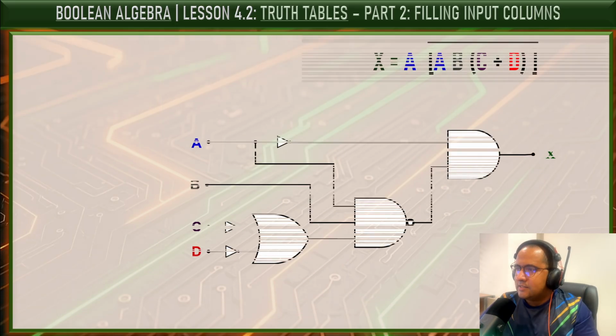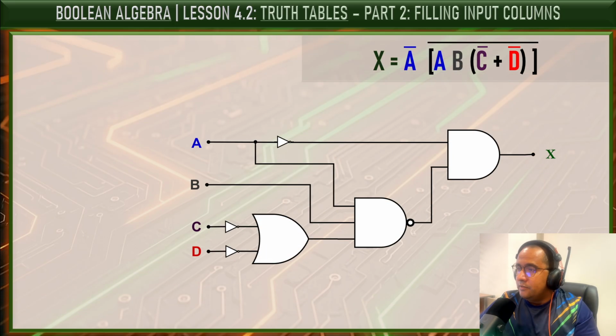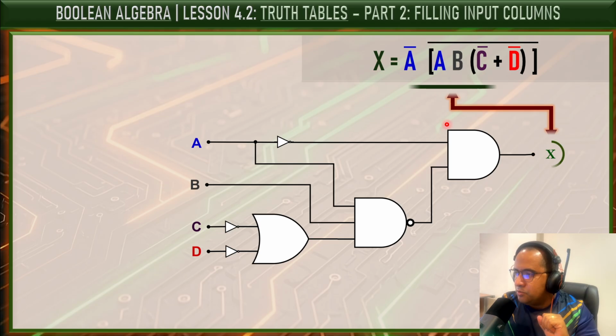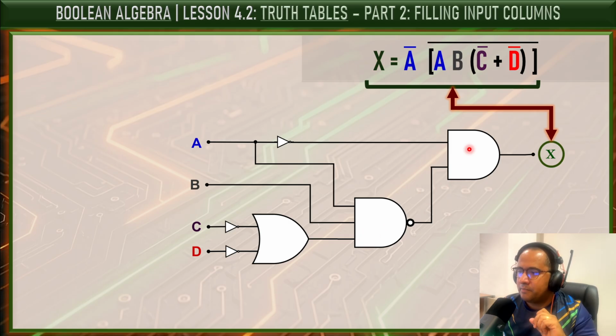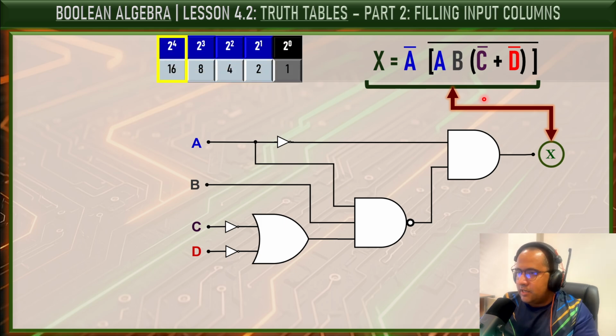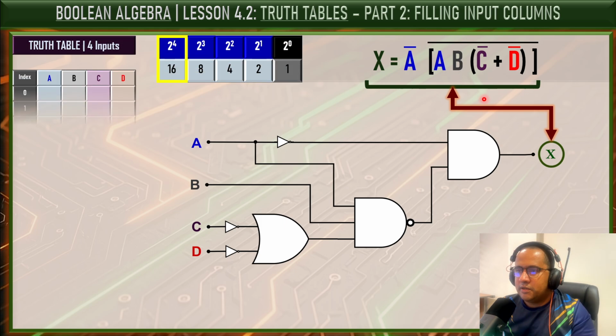Now let's analyze a more complex example. This time, the logic function contains 4 input variables, a, b, c, and d. Once again, notice that this Boolean expression corresponds directly to the circuit shown here. Each operation in the expression is represented by each logic gate inside the circuit, okay? Since we now have a logic function with 4 input variables, the truth table will contain 16 input combinations, like